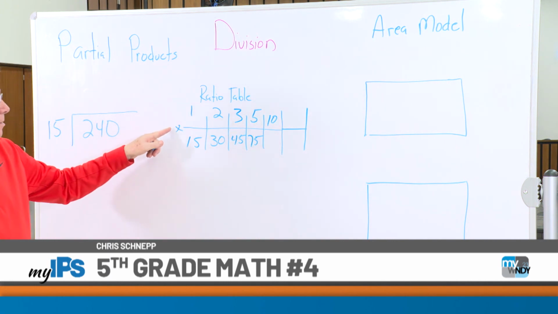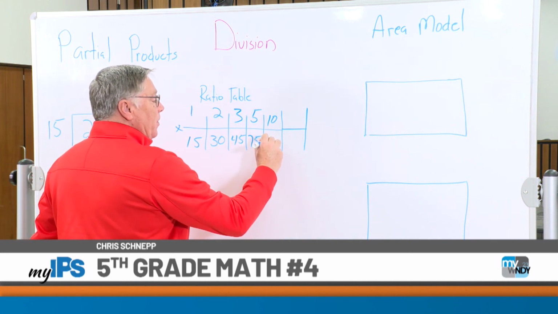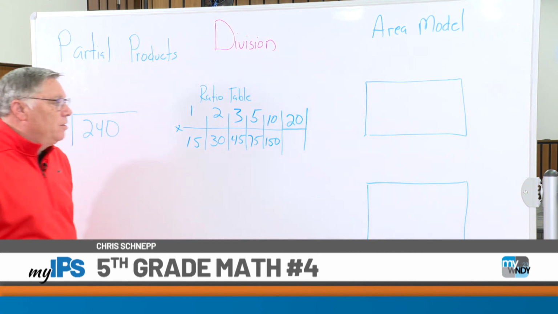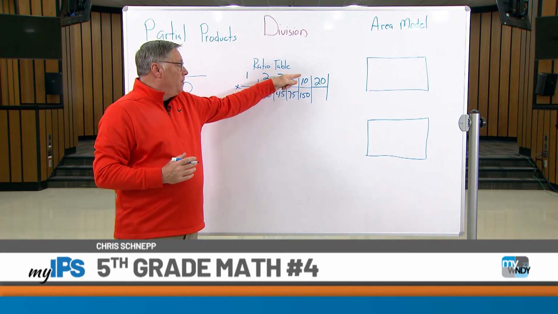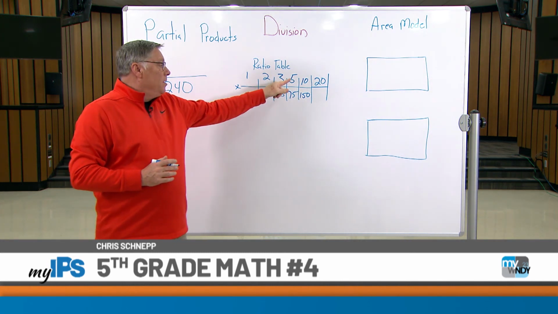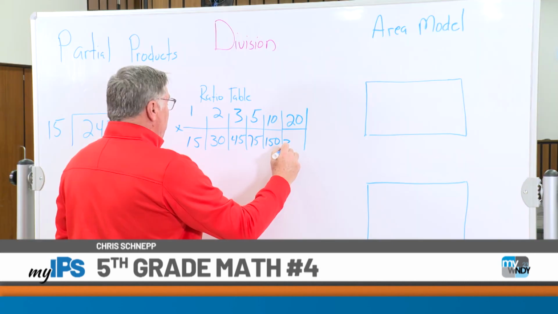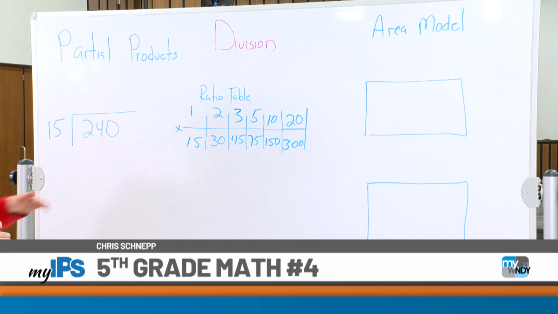We know that 10 times 15, we just add a 0, so that's 150. And we'll finish out our ratio table with the number 20. So if we know that 10 times 15, the ratio is 10 to 150, since we doubled 10 from 10 to 20, all we have to do is double this. So we go to 300. Okay? So now let's come over here and